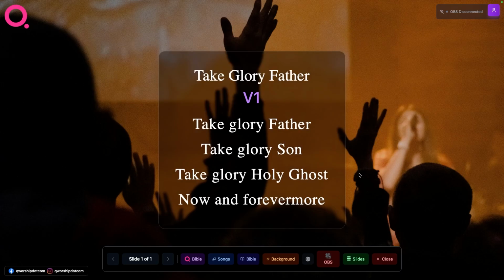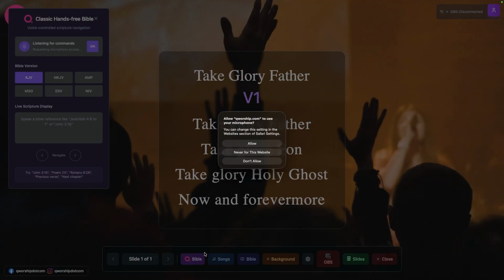And then the third thing that I wanted to show you, which is really two things, but I'll put them under the same category, is how to put up your hands-free Bible and also the on-screen Bible. So you can see this option here that says a QWorship logo, so that's a Q there, and then Bible. This option here is what I would click, and it would automatically activate